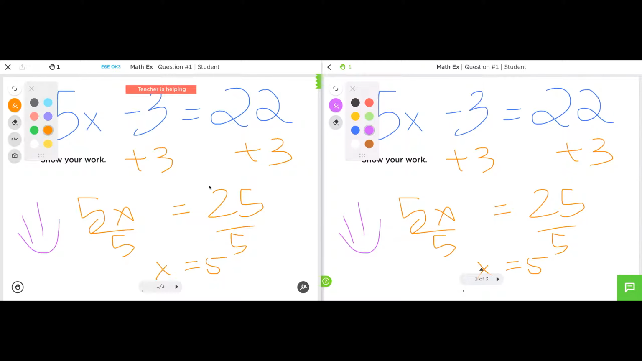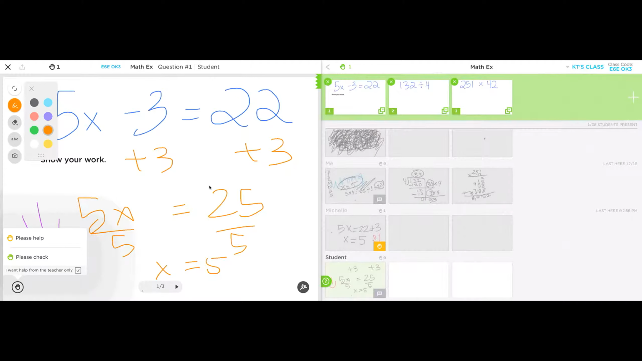Back on the student device, over here on the left, there's a little hand in the corner. If the student needs help, the student can choose to either ask for help or to ask the teacher to check. They can also choose that they want help from the teacher only. And that's because, now shift your direction over to the teacher side. As a teacher, you can choose whether students can help each other. So on this assignment,